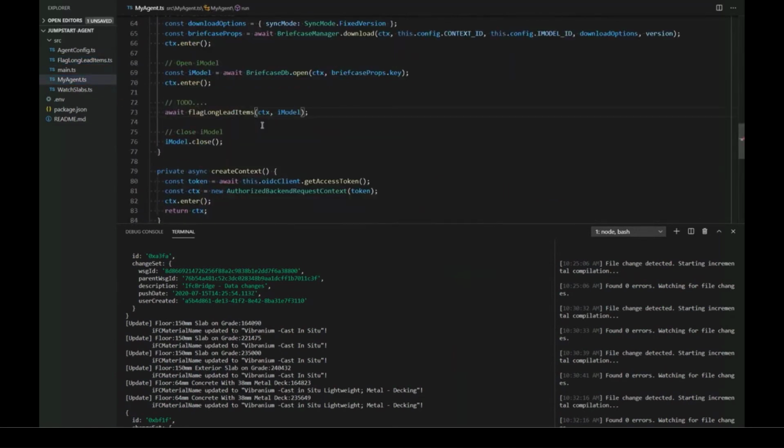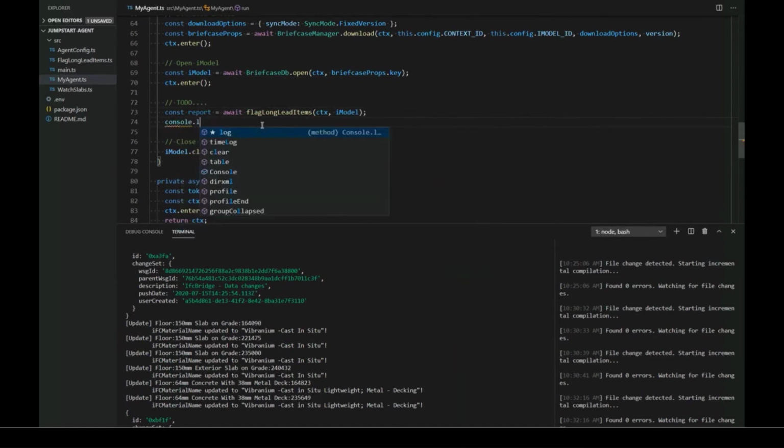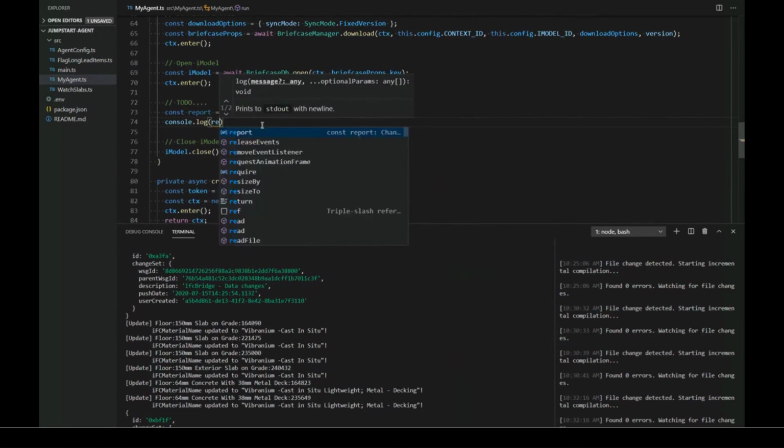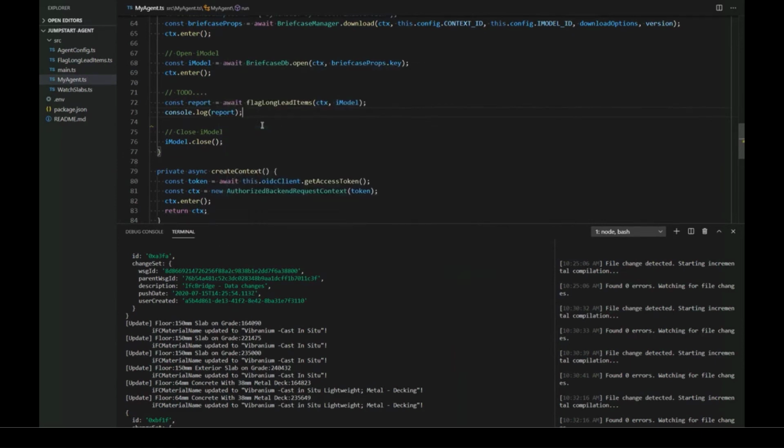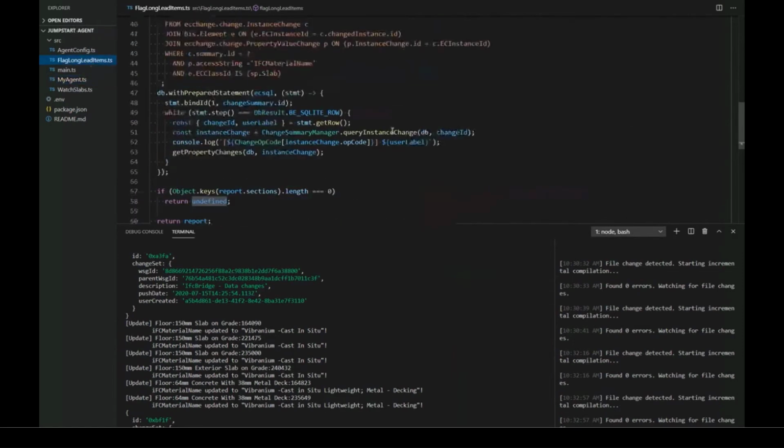We'll import flag long lead items and call that. And now we'll assign it to a report variable. And just while we're testing this out, let's still console.log that report variable so we can see what it looks like. Now we'll come back here. And the last thing I want to do is, I've got another console.log here. So let's delete these two steps. We'll come back to get property changes in a second. And let's add